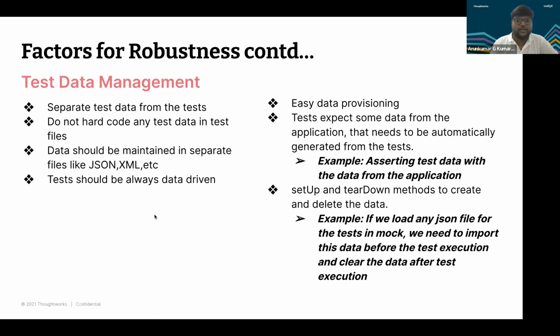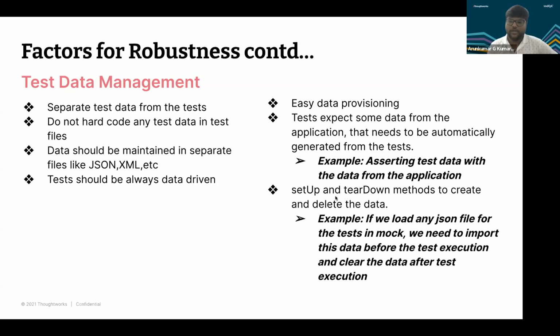Your test data should be easy to provision. Let's say I want some data to be passed in my test case, so it should be easy to provision. In most cases, we expect some data to be generated from the test, by extracting it using get text in Selenium. For example, I want to extract the text of a label or a div element. Those things, for particular test data, we should maintain and provision,